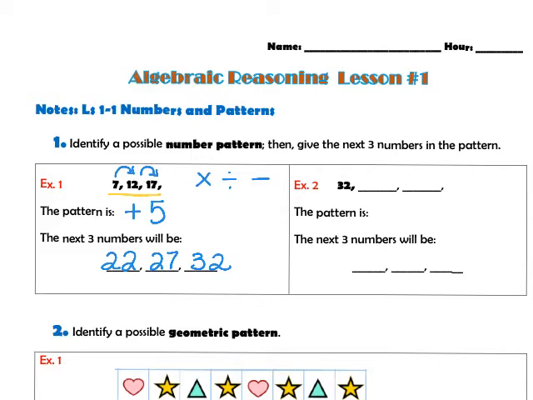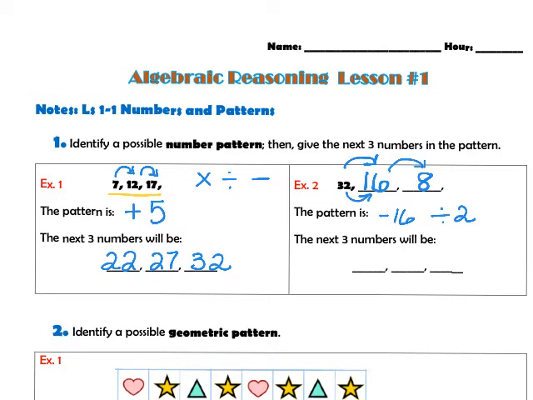Our next pattern I'd like you to fill in with me. We're starting with 32. The second term is 16. The next term is 8. So this time our numbers are decreasing. It looks like maybe if I go from 32 to 16, that could be minus 16. Another way to get from 32 to 16 would be dividing in half, or multiplying by 1/2,